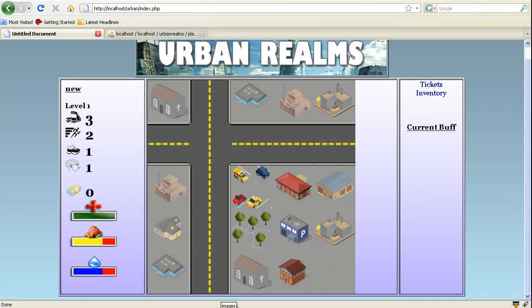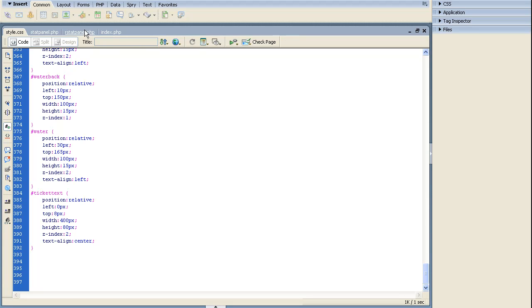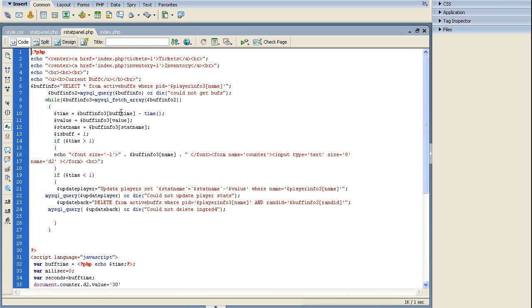This panel over here is probably even more simple. All I'm doing is echoing out a reference and an actual link to the tickets, and then a link to the inventory. Now if you notice, I'm actually linking it back to index.php, but I am